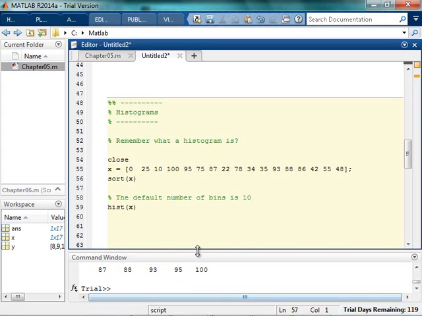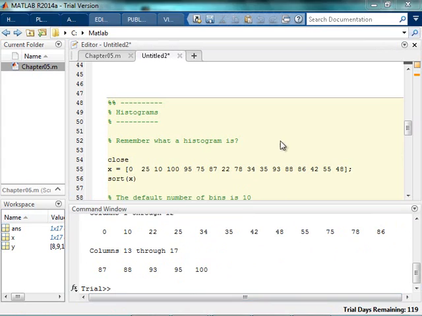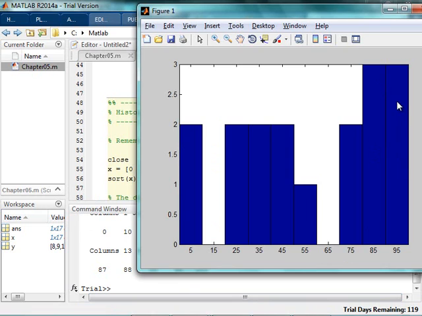If I sort it, I can see that. Basically it just gives me a count. So there's 1, 2, 3 80s, and there's actually 3 90s. So what a histogram does is count the number of elements that fall into each category. And this can be a very useful thing if you're looking at statistics for something in particular.